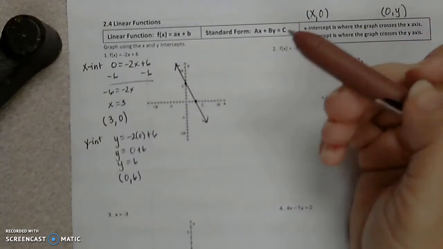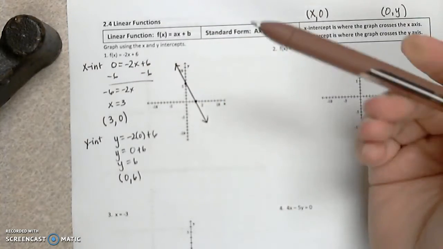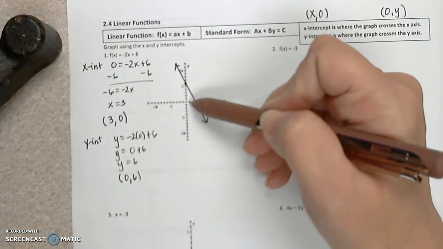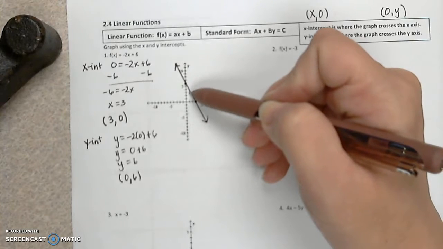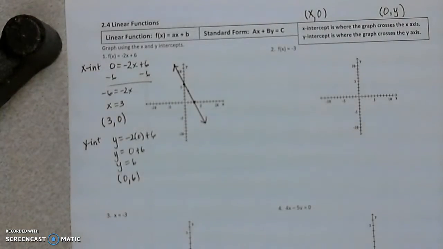You might pick a 1. If I filled in a 1, that would give me negative 2 plus 6 is 4. So 1, and then if I go up 1, 2, 3, 4, notice that puts me right on the line. So I know my 2 points, my intercepts, are lining up correctly, and I have solved it correctly using the y-intercepts. Okay,